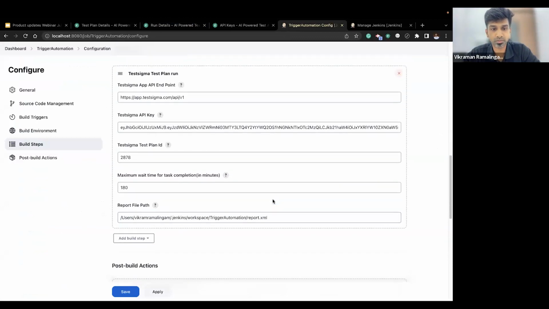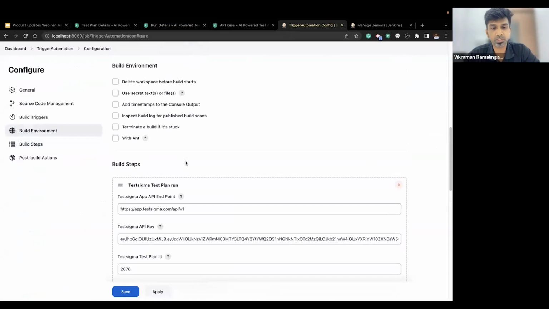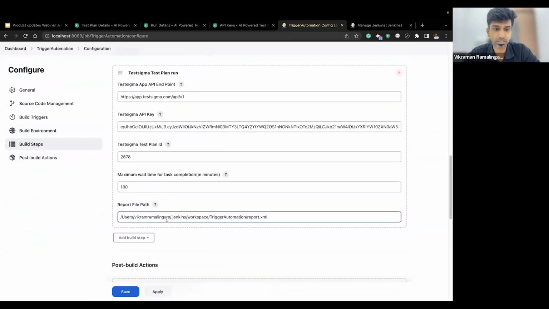So once all these values are keyed in, you can go ahead and trigger this particular job. This will in turn trigger this particular test plan in Testsigma. And let's say if you want to view results in Jenkins as well, if you want to see the number of test cases that have passed or failed from Jenkins itself,